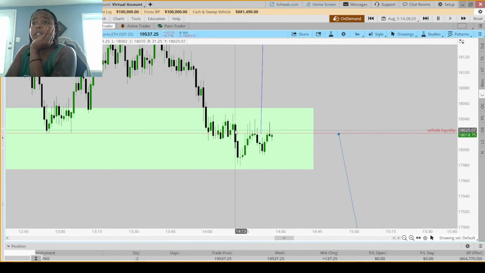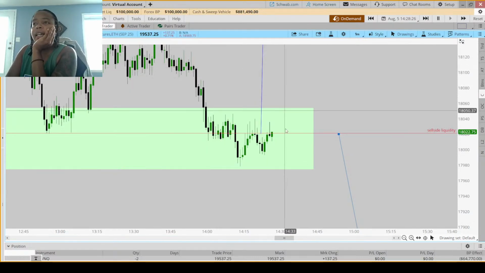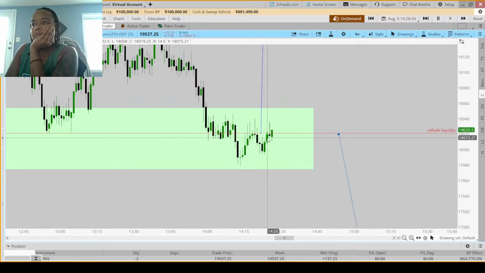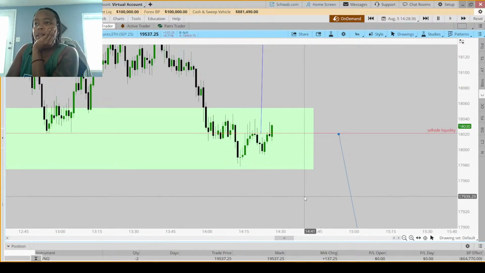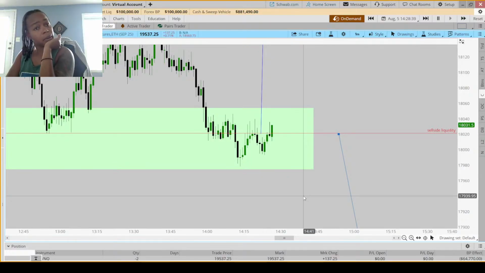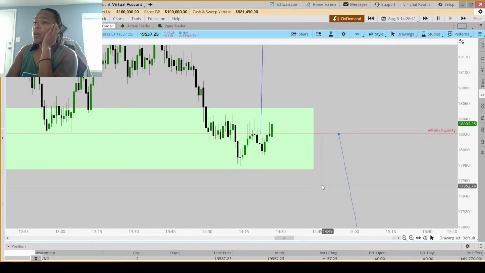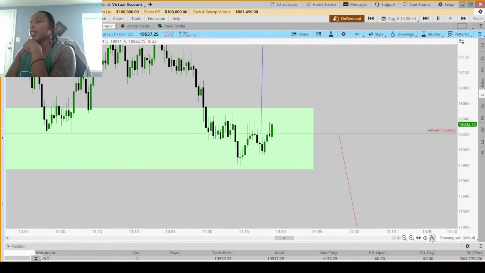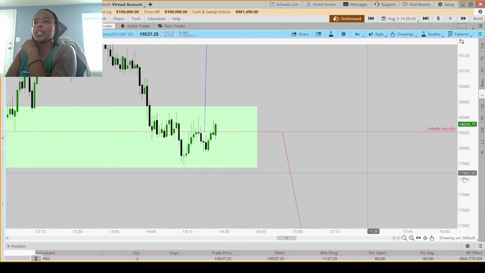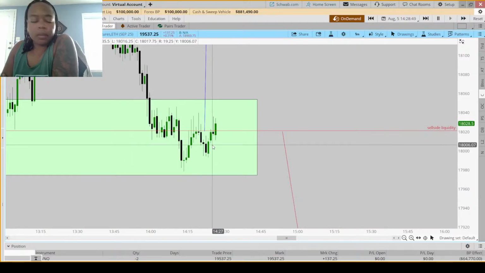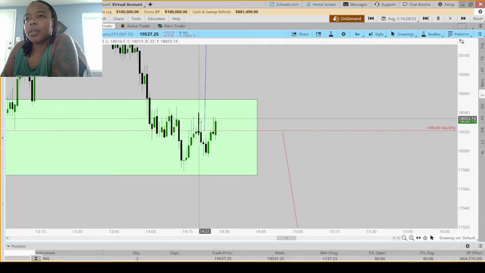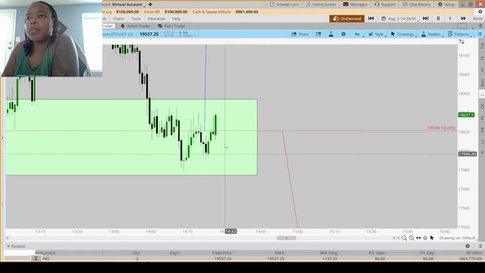We're still respecting this order block here, but I am still bullish if it would just give me something to tell me it wants to go up. Which I think it's about to. So remember what I wanted as an entry for this guy. So we've got this order block. All of this, 1, 2, 3, 4. It's the order block.